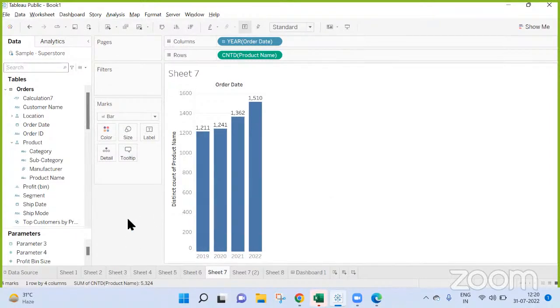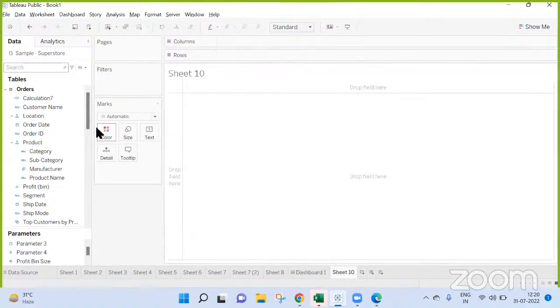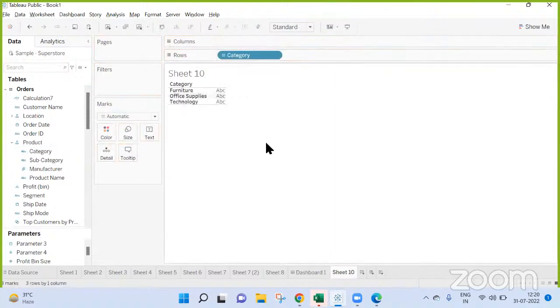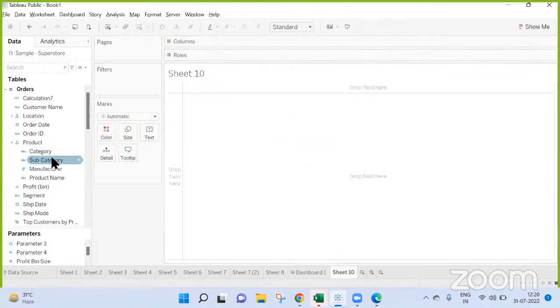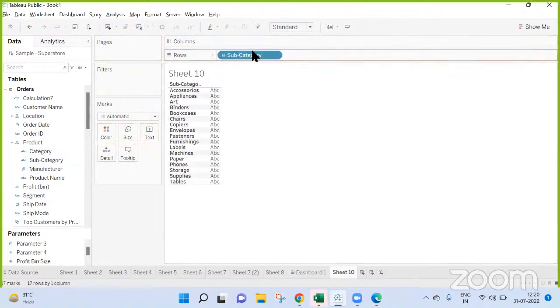My second doubt also remains. Suppose you have category right now in our Superstore: there are three categories, furniture, office, and technology. In my case, there are 13 categories, and the combinations are like one with the other. Subcategory combinations are like accessory separate with its count. Second is accessory plus appliance, both the combinations and their count.